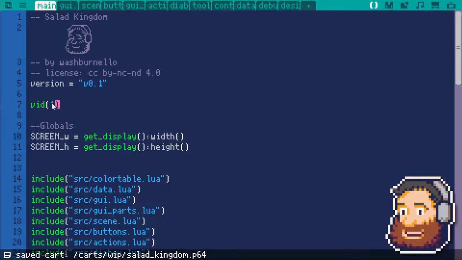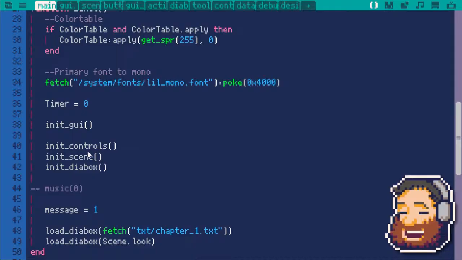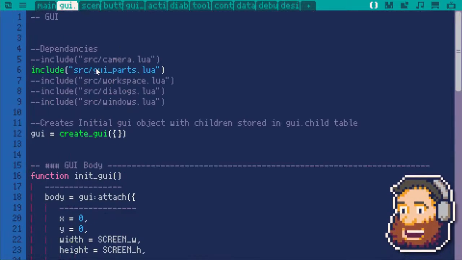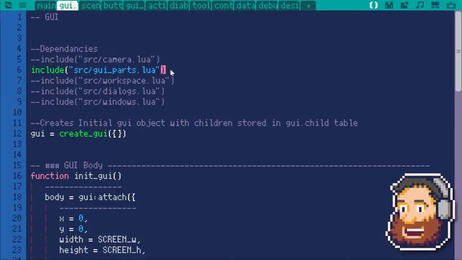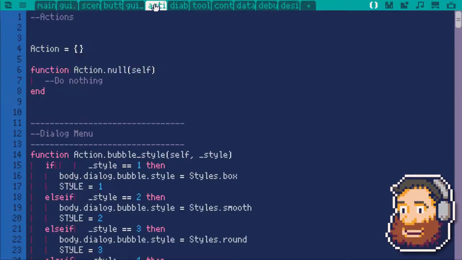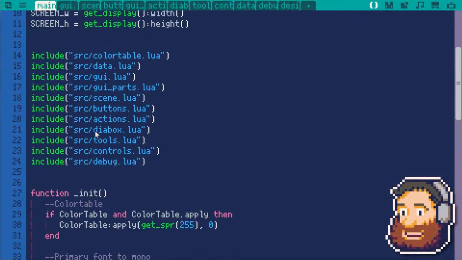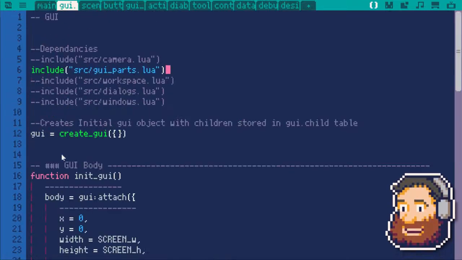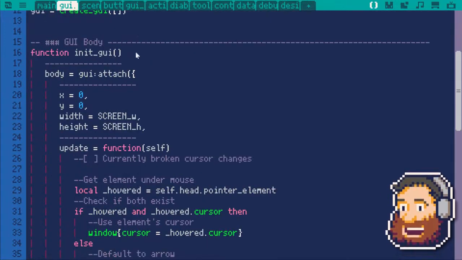All right. Screen width, screen height. We include all of our stuff. Color table things, setting the fonts, our timer, init the GUI. Under our GUI, we're including GUI parts. We should probably include our actions here as well. Is my actions up here? Okay, yeah, that's fine, whatever. We're including our GUI parts. We've got our basic GUI body. If you watched Lazy